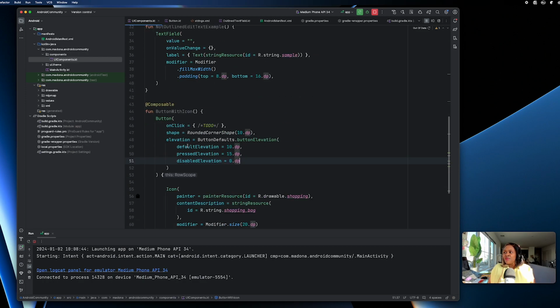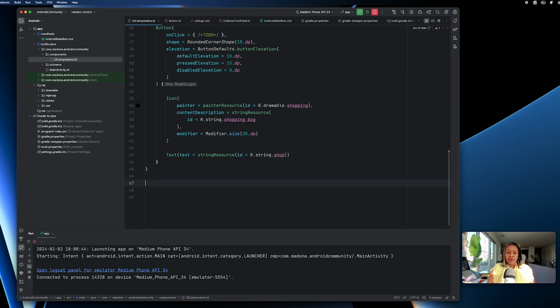Remember in the first project when I created a preview annotation, where we created the project and then we had the @Preview annotation? That's what we can do. We can just do it preview, and then here we can say showBackground equals true, because we need to view this, and then we can do @Composable, and then here we can do find UI element